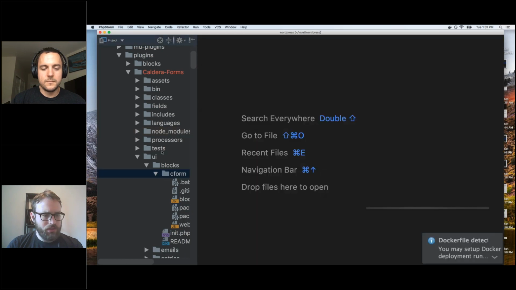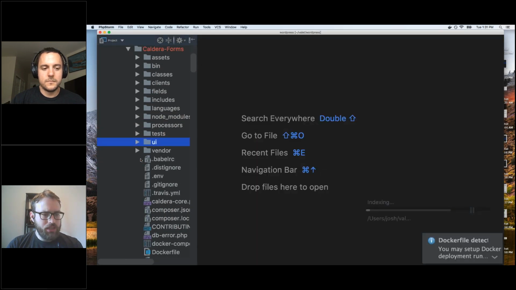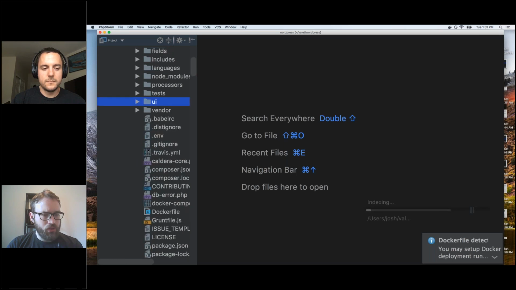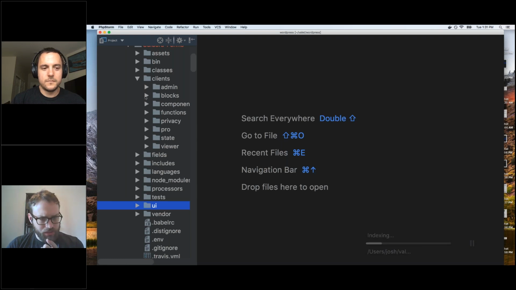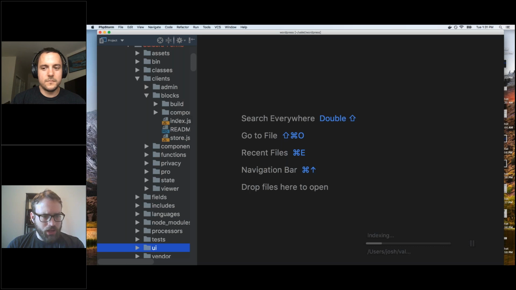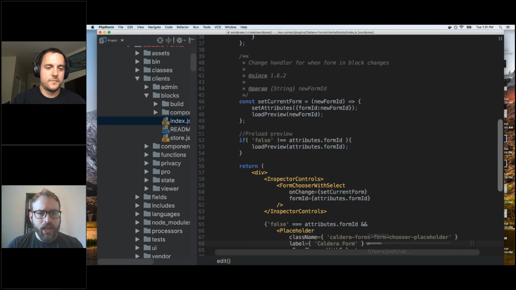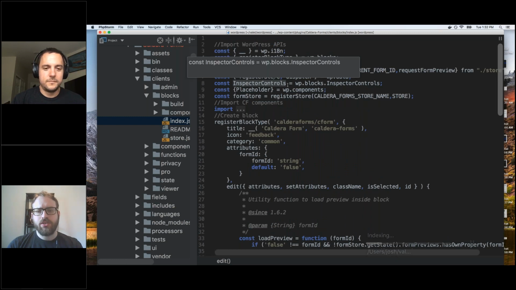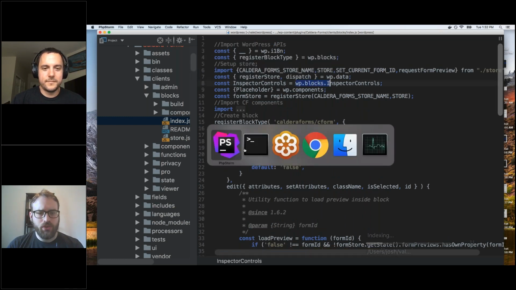I believe this file disappears. This is now using a file that is in, if you are looking on GitHub at Caldera Forms, there are links to all this in the slides. We have our blocks now, and this is where we were, but I'm now using inspector controls, which is wp.blocks.InspectorControls. And if we go to